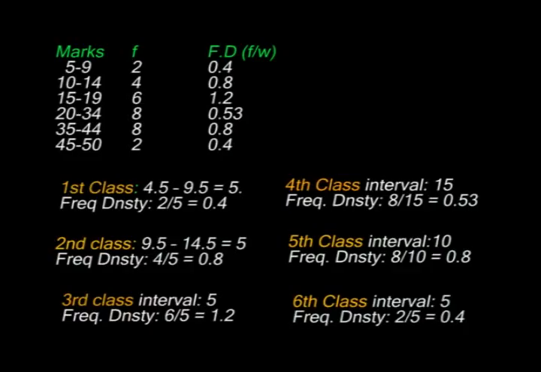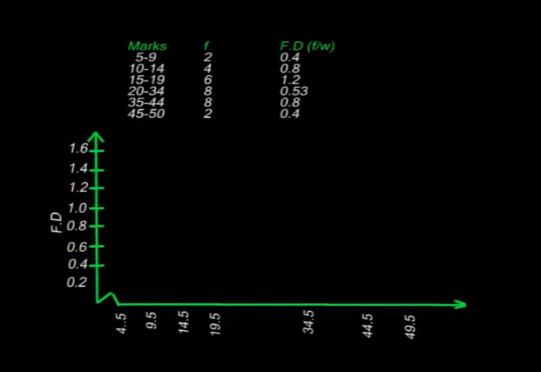From here, we proceed and plot that graph. We first plot the XY axis. We have them there. The vertical axis representing the frequency density and the horizontal one representing the classes. So again, the graph will not start from 0. Choose an appropriate width of your bars. But remember, the bars will not have a uniform width. Now, common sense has it that the class with interval of 15 is 3 times as wide as the class interval of 5. This should and must be reflected in your graph.